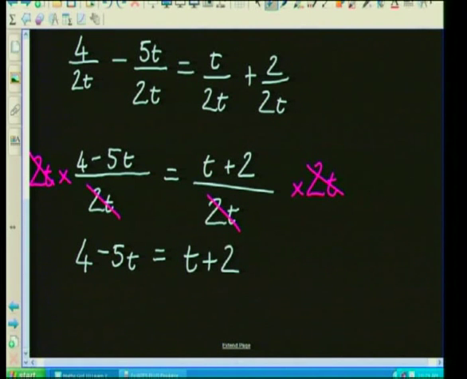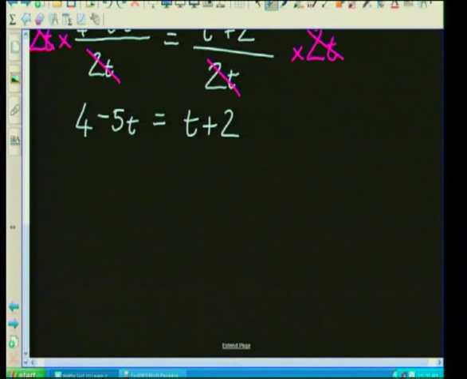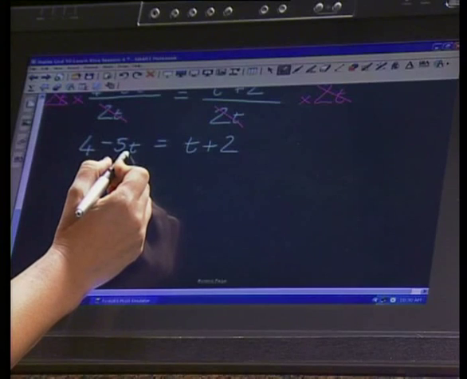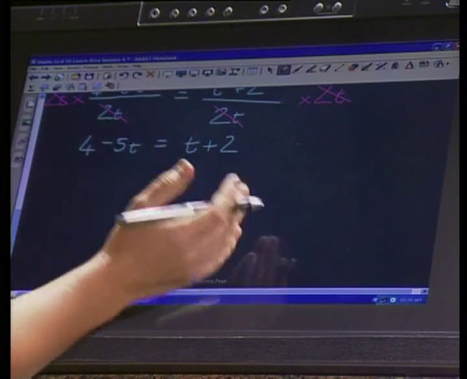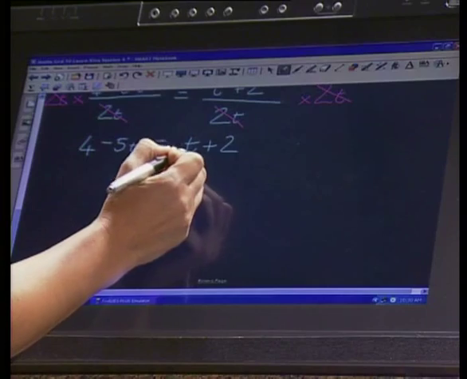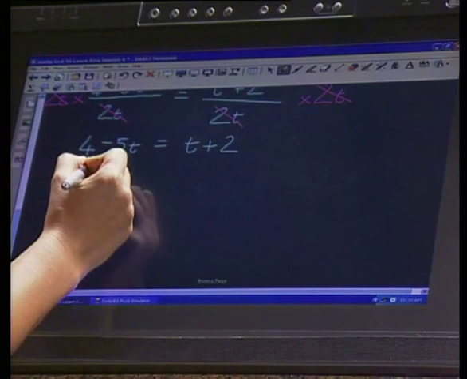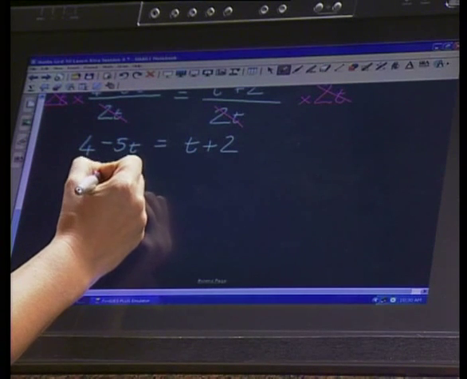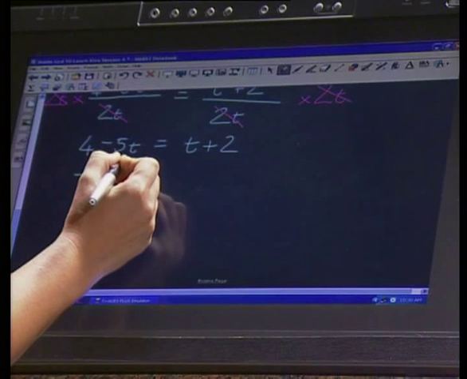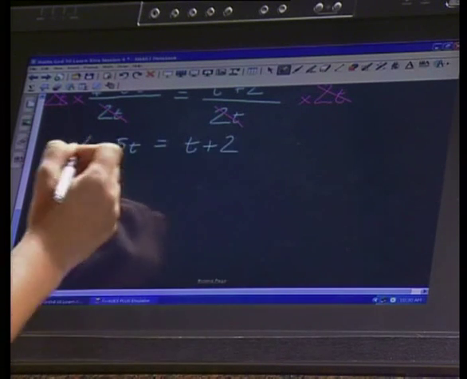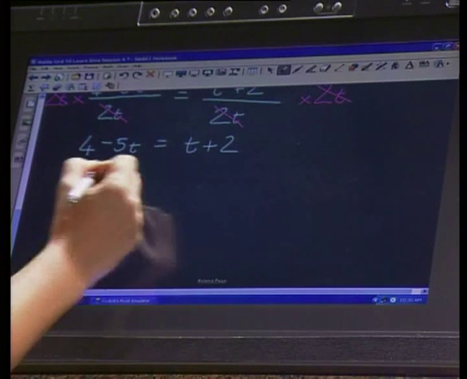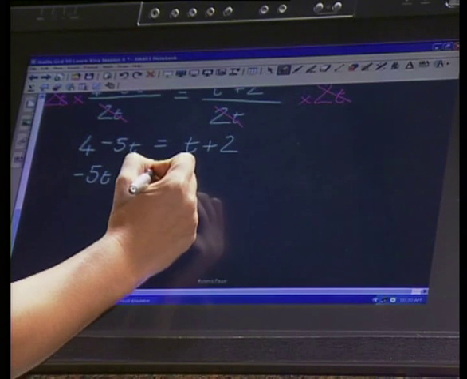And now it looks a lot more like something you've seen in grade 8 and grade 9. It's far easier to solve. We know it's a linear equation because t is not squared, so that means we need to isolate the variables and we need to have the numbers on the other side. I'm going to start by isolating the t's on the left-hand side, so I've got minus 5t, and then the t on the right-hand side, I'm going to minus t from both sides, leaving me with minus 5t minus t